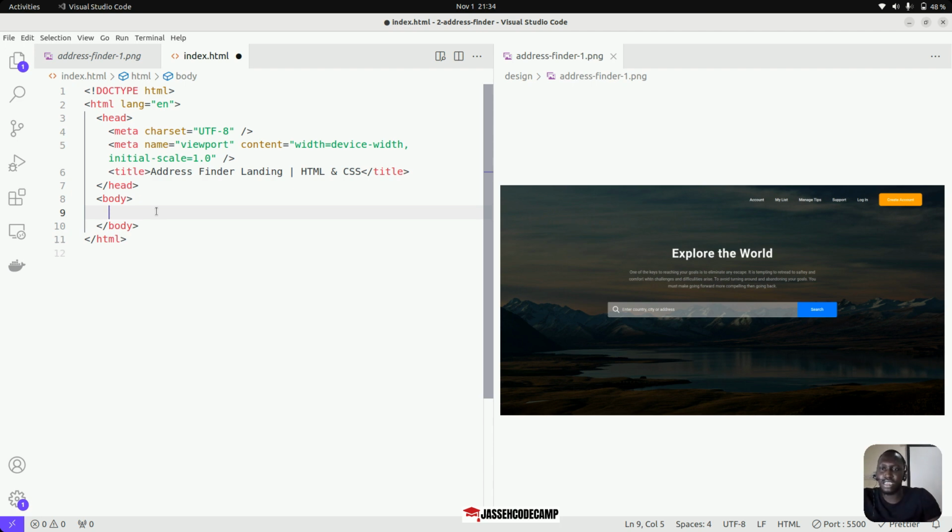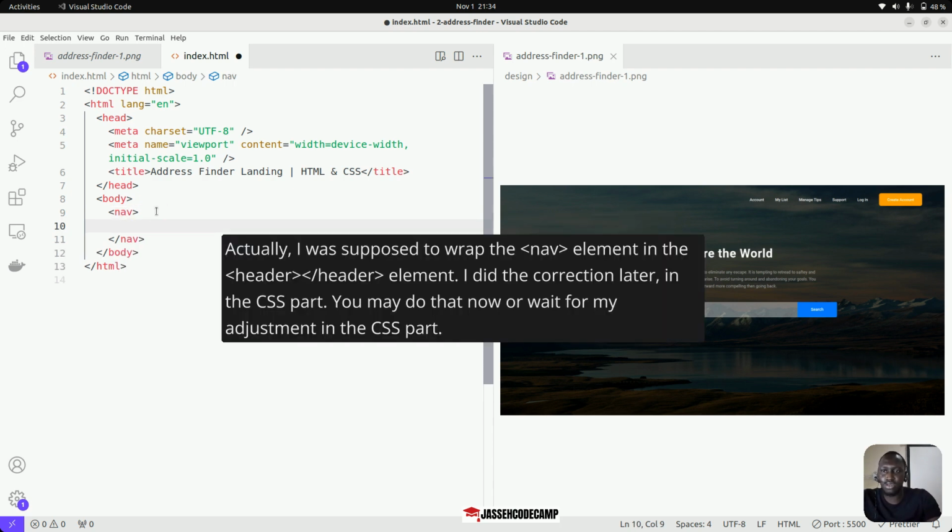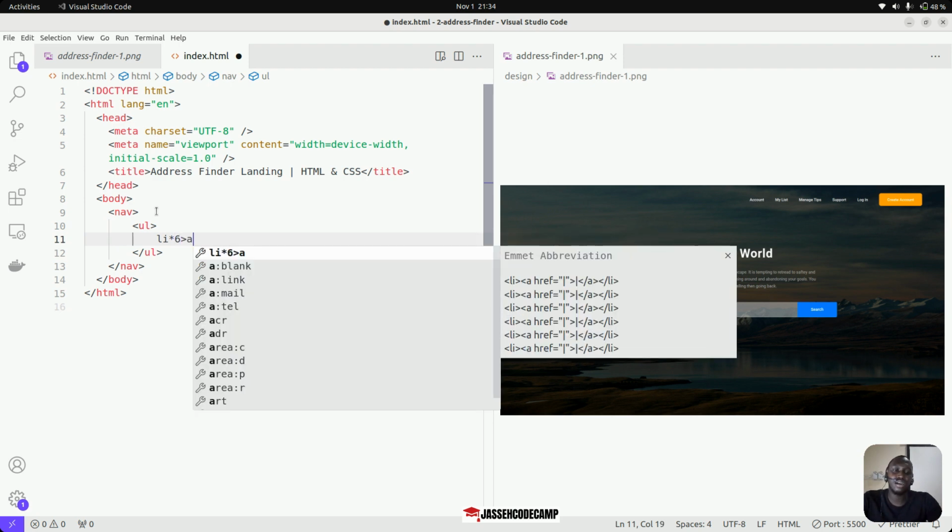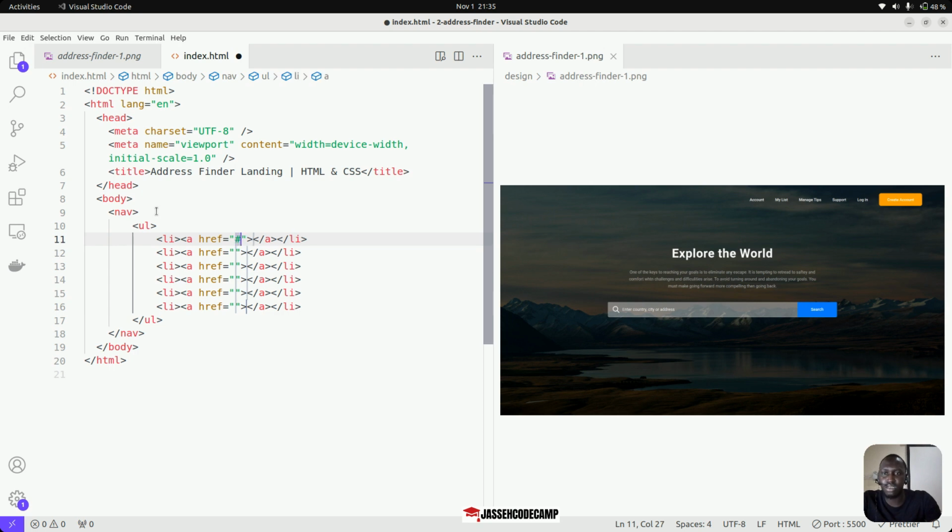So I'm going to say nav like this, and I'm going to say ul. Then we have, I think, 5 list items there. I'm going to say li star 6 and then greater than symbol a. We need the a for the actual links, and then they need to be wrapped by li items. So this, and then I'm going to put a hash symbol here, and then I'm going to say account. Then